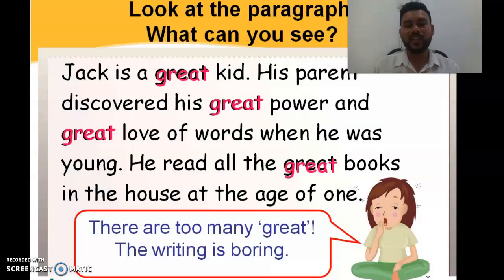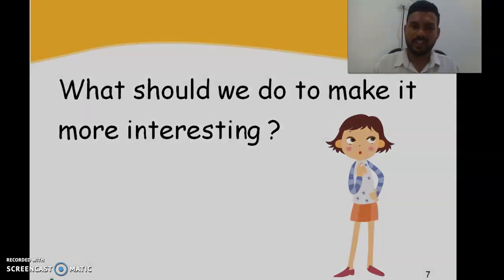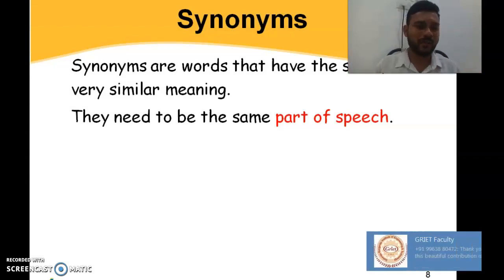In the first sentence the word great is okay. In the second sentence the word great is repeating again. Instead, we can use another word that gives equal meaning to the word great and has the same part of speech too. Then the whole paragraph looks fruitful and gives proper meaning. So what do you think we need to do to make it more interesting? Yes, today's topic is